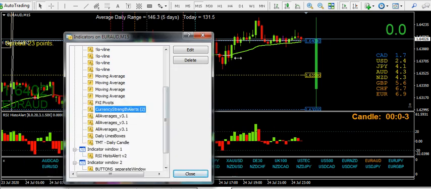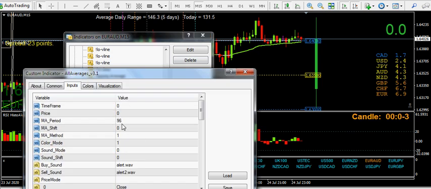All averages is the coloured line, as I mentioned in part 1, and the settings on there need to be set up for every different time frame. So it's the hourly 8 EMA. On the 15-minute chart, it needs to be increased accordingly. So an hourly 8 on the M30 chart would be 16. Eight, double it, 16, times 4, 32 on the 15-minute chart, and this is the setting for the one